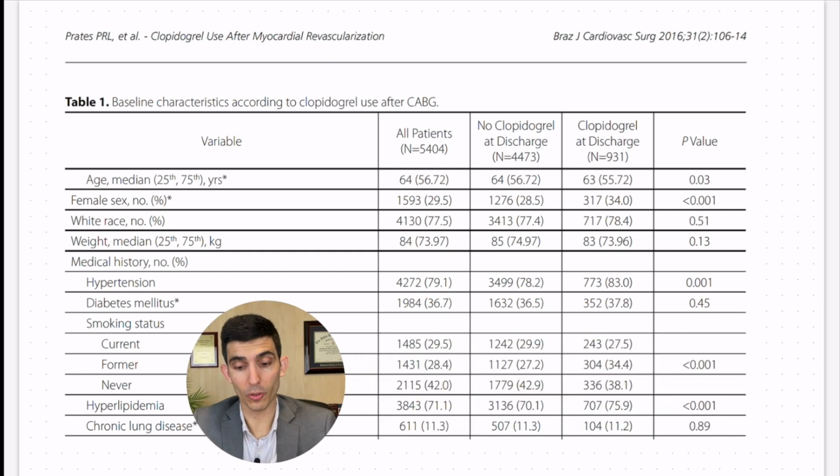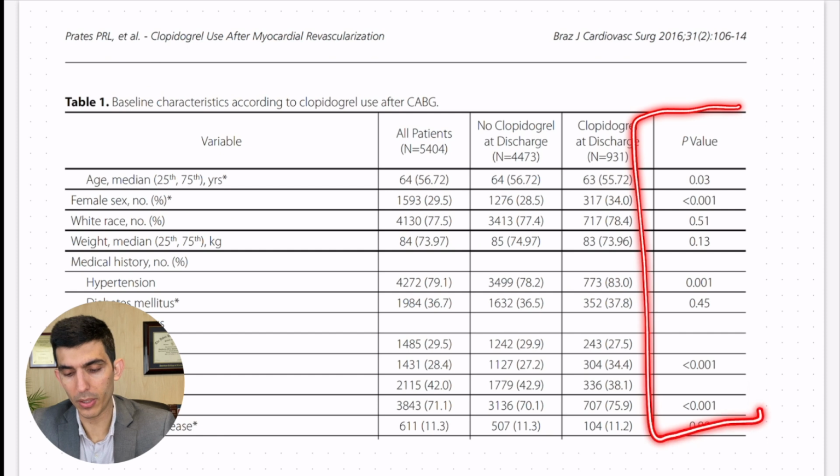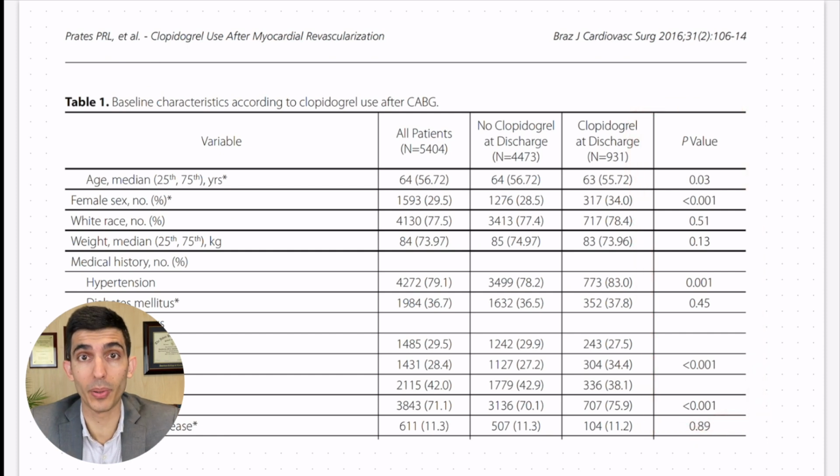And do you know what this p-value here on Table 1 means? First, remind ourselves what is a p-value. So a p-value is the probability that such a difference between both groups, in this case, in the distribution of these baseline characteristics, it's the probability that that difference was obtained by chance alone if the groups were in fact